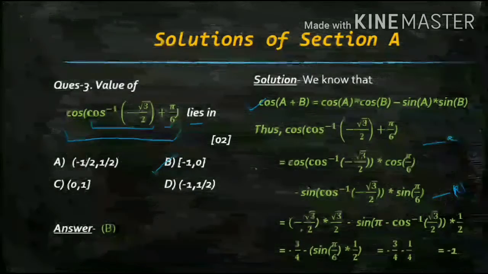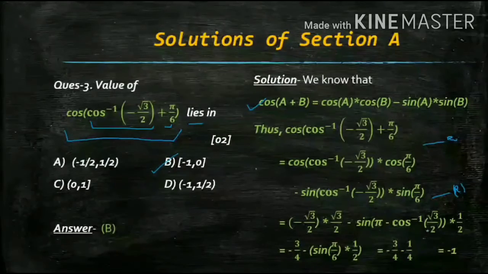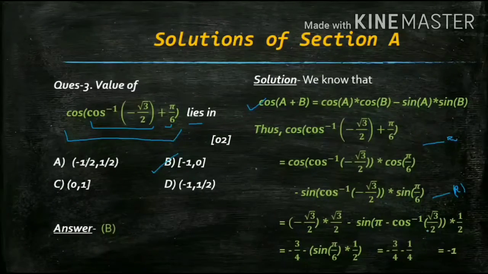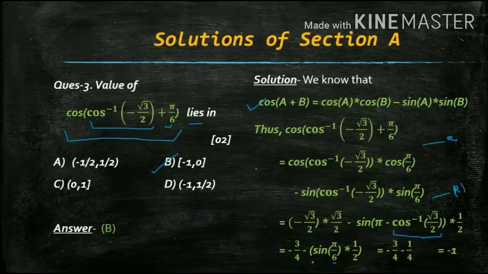So it would be minus 3 by 4 minus. Half is the same. Now look at this. Sin of 180 minus theta is nothing but sin theta, right? So you'd be having sin of this expression, cos inverse of root 3 by 2. Now, can you tell the value of this? Cos has the value root 3 by 2 at which angle? At pi by 6. That means at 30 degrees. So then I directly write it as sin 30 degrees.